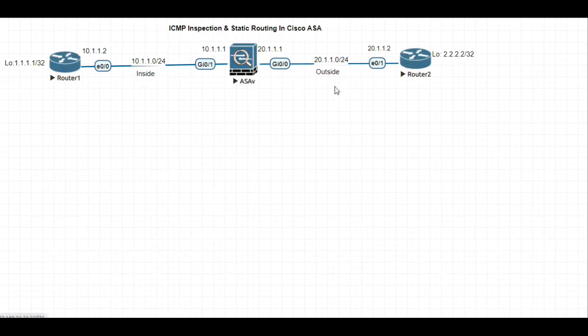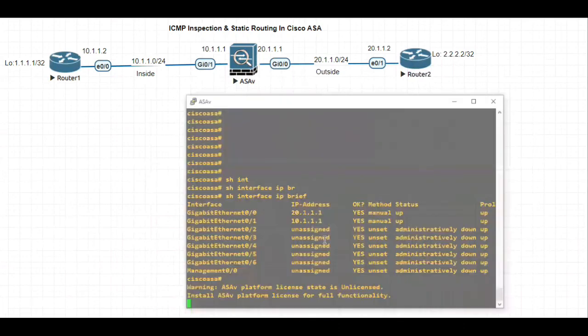But when router 2 tries to send the reply via the ASA firewall, the ASA firewall is dropping those packets. The reason is that this ASA does not have inspection of ICMP within its policy. Let's check the policy within this ASA firewall now. I'll go to the ASA.